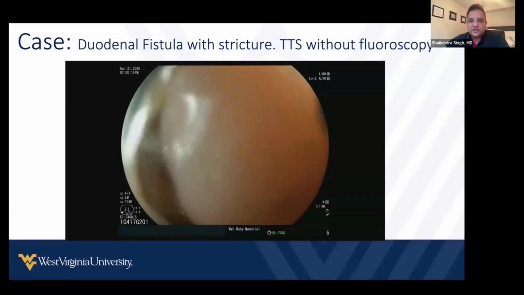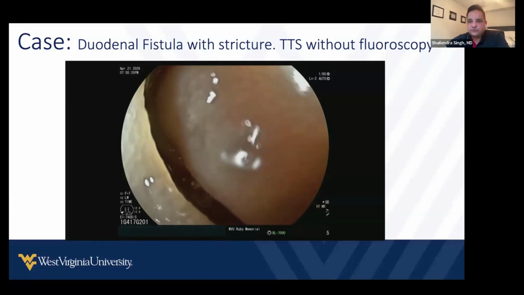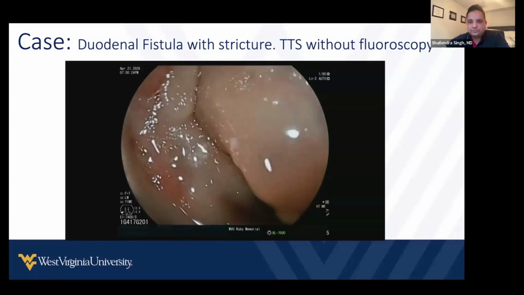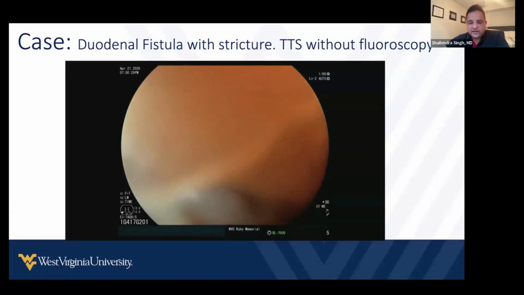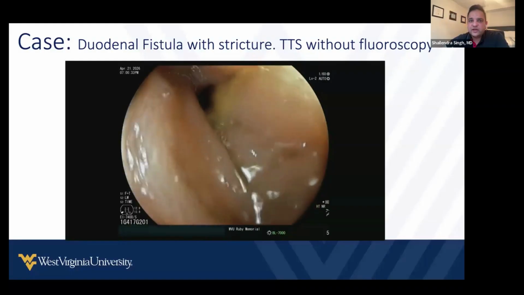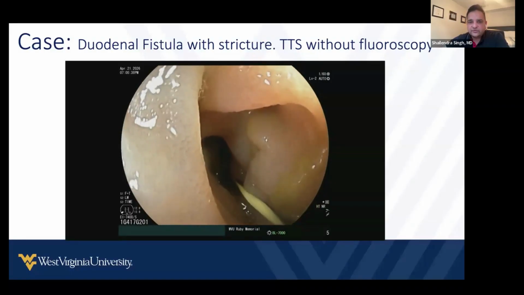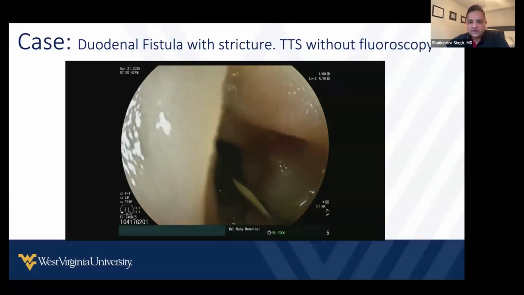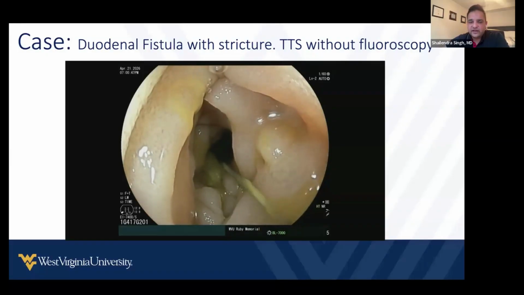But what we noticed is that this patient also has a distal obstruction in the duodenum. If you have a distal obstruction, that obstruction won't allow this fistula to heal. So we made a decision to place a stent, because with the stent, we can treat this stricture in the duodenum, as well as keep the stent to cover the fistula and decrease the drainage